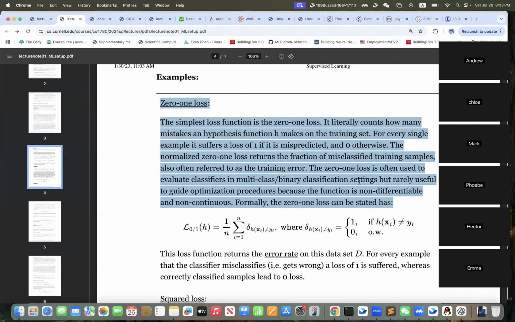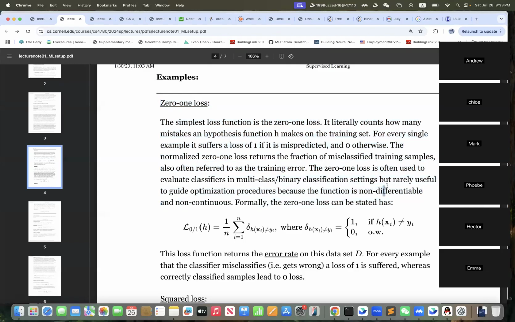The 0-1 loss is often used to evaluate classifiers in multi-class binary classification settings, but not really useful to guide optimization procedures because the function is non-differentiable and non-continuous. Formally, the 0-1 loss can be stated as